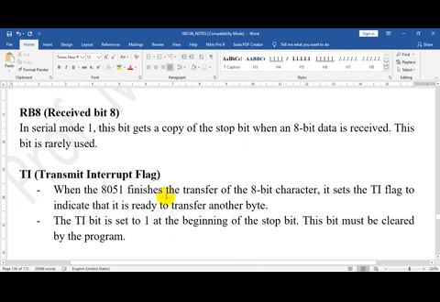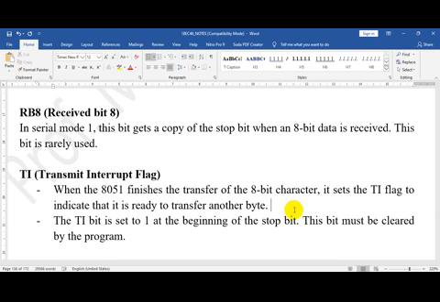When the 8051 finishes the transfer of the 8-bit character, suppose you are transmitting a character called A, then when the 8051 has transmitted the last character, it sets the TI flag to indicate that the character you wanted to transmit has been transmitted successfully, and it is now ready to transfer the next character.